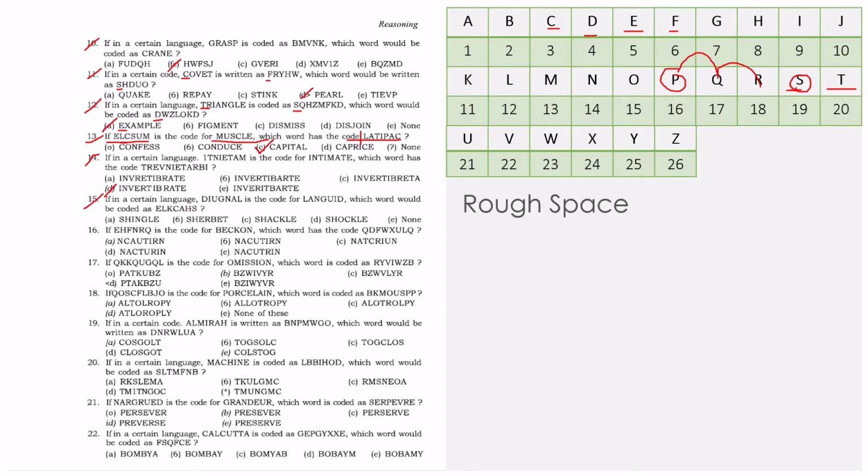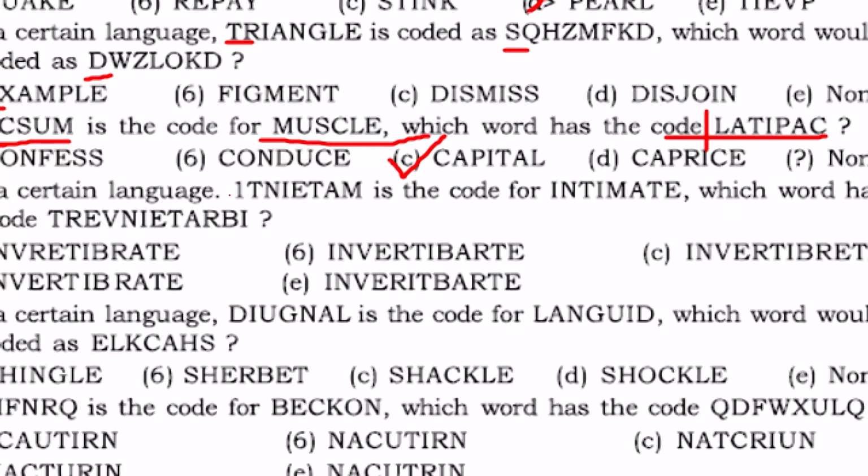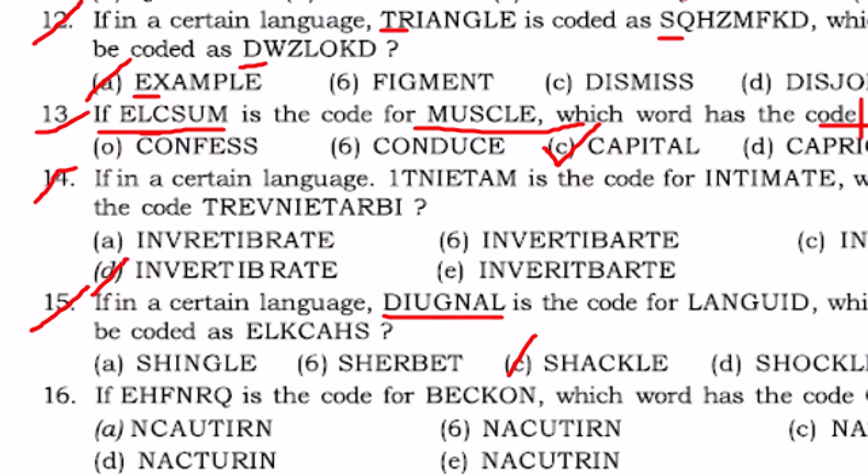And if you just go to this 15th one, just take some seconds. And this is also very, very simple. Just solve that. I think this is more than enough. So for this, we won't be needing that table. So if you check out D, I, U, G, and A, L, I think you might have gone with that. But if you think clearly, D, I, U, G, and A, L, it's just reversed again. And if you check with the question they are asking, you will get shackle. Shackle is the answer. So it's definitely option C. Okay, 15th one is also solved.